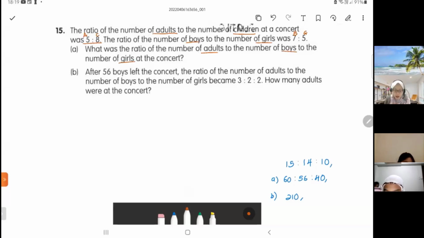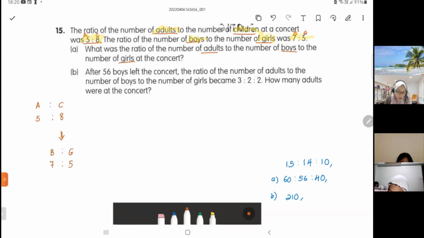Okay, so we have to settle this first. What I usually do is I pluck out the information one by one, right? Adults, children, this; boys, girls, this. Okay, I'm going to rewrite. So adults is to children is 5:8. And you know that boys and girls means children, right? So the children is actually cut up into boys is to girls, which is